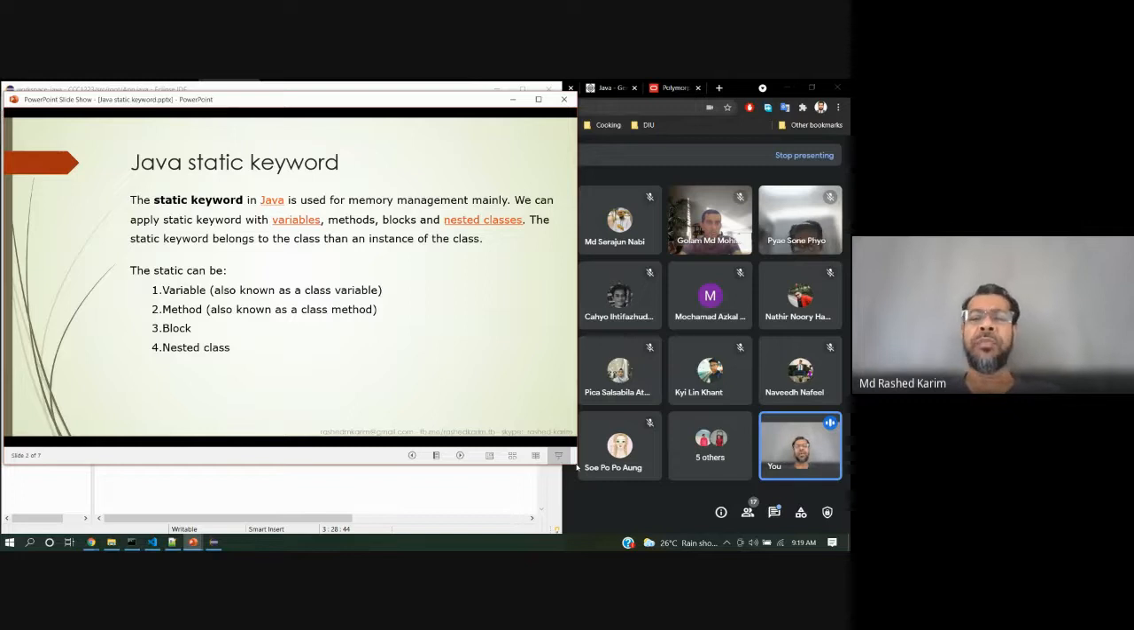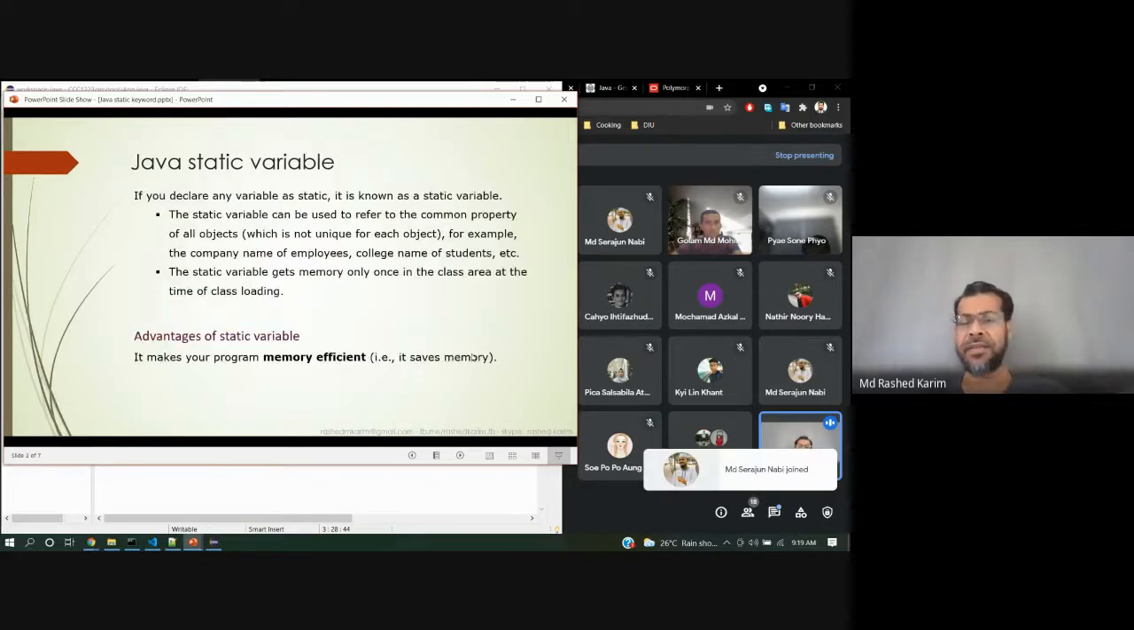The static keyword belongs to the class, not the instance of the class. That means static is the property of the class, but not of the instance. Instance means object, okay? So static is totally global, not instance scoped. So static can be applied to a variable, method, block, or nested class. Okay, then